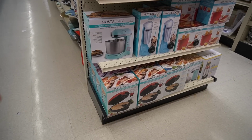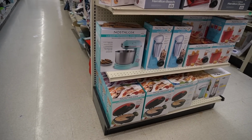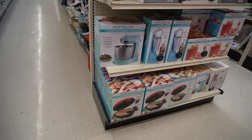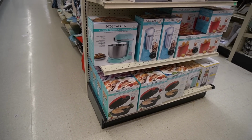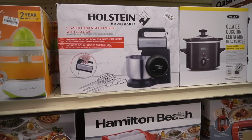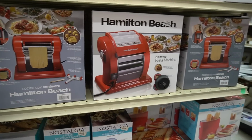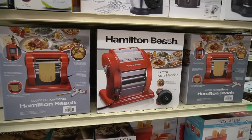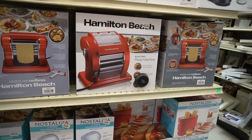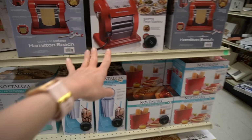I wonder if this nostalgia stand mixer is any good, because I'm always on the fence about getting a KitchenAid one because it's just not something I will use regularly. But man, when there's something I want to make that requires it, it's like, oh, I wish I had one. This is neat because it doubles as a handheld one too. Hamilton Beach is pretty good. What is this, a pasta machine? I had a pasta machine that I used with my polymer clay when I was really into polymer clay. I used it to roll out the clay. It was a handheld one, not fancy like this, but...